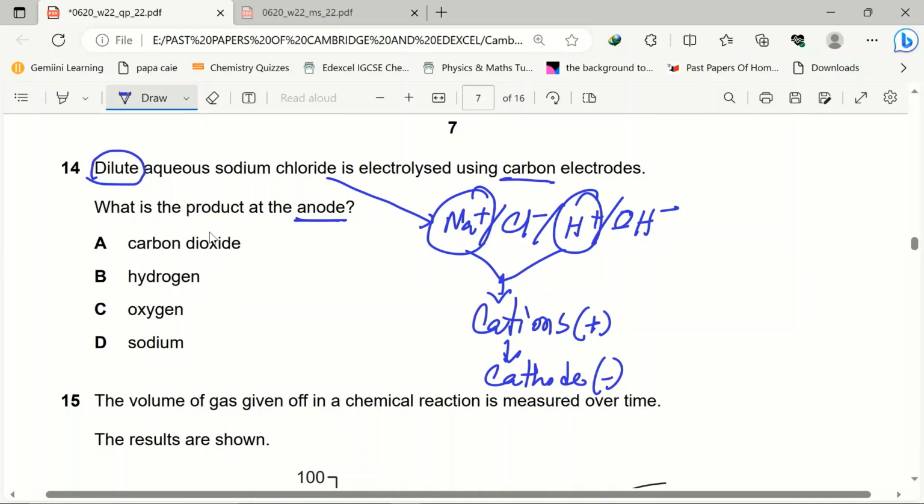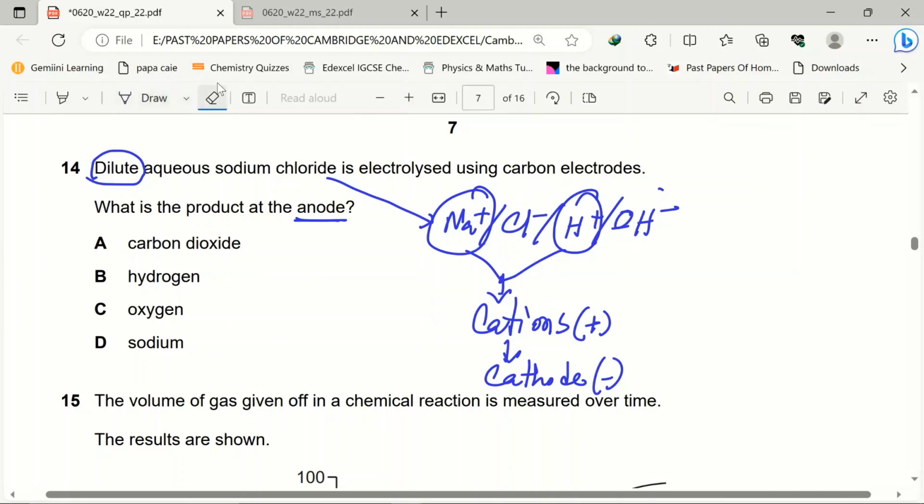So since cation is positive, cation goes to the electrode which we call cathode, by the name of cation. And since cation is positive, cathode must be negative. So that's how we need to remember. And they're asking for anode. So anion will definitely go